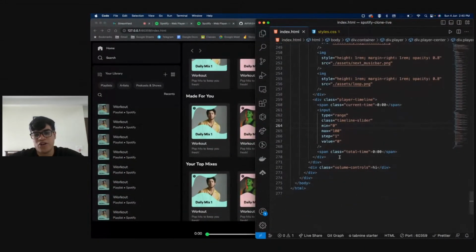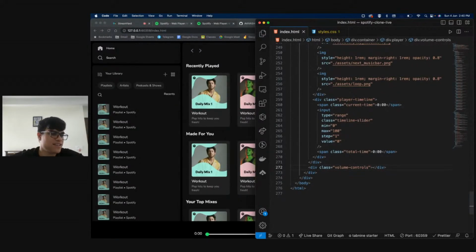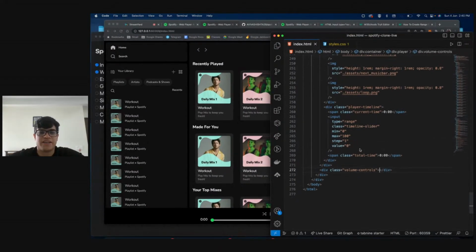And okay, so the volume slider or the volume controls is also very simple. It's just a bunch of icons, and that's about it. Right. So